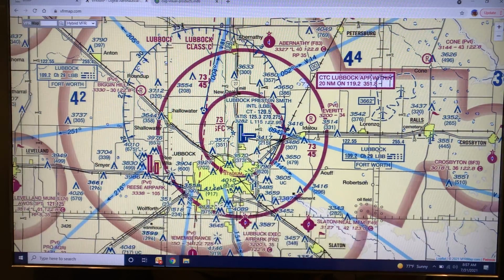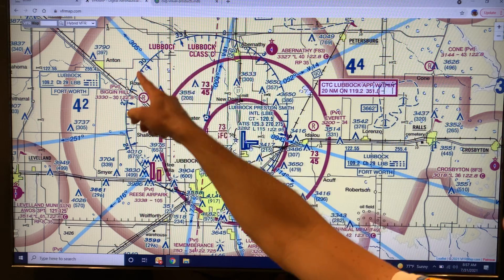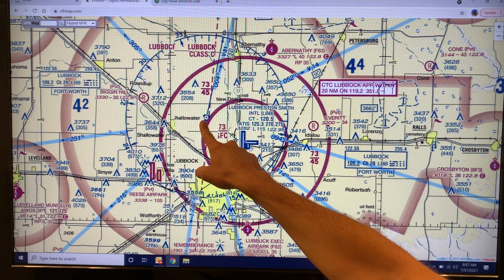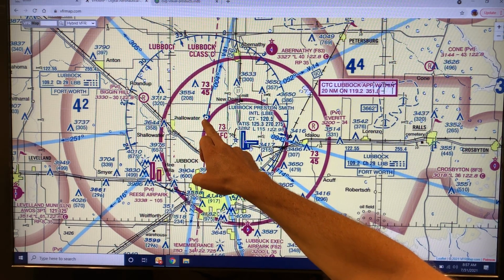There's also a VOR, which you can see the compass rose here. There's a VORTAC here, and that VORTAC, the information for it is